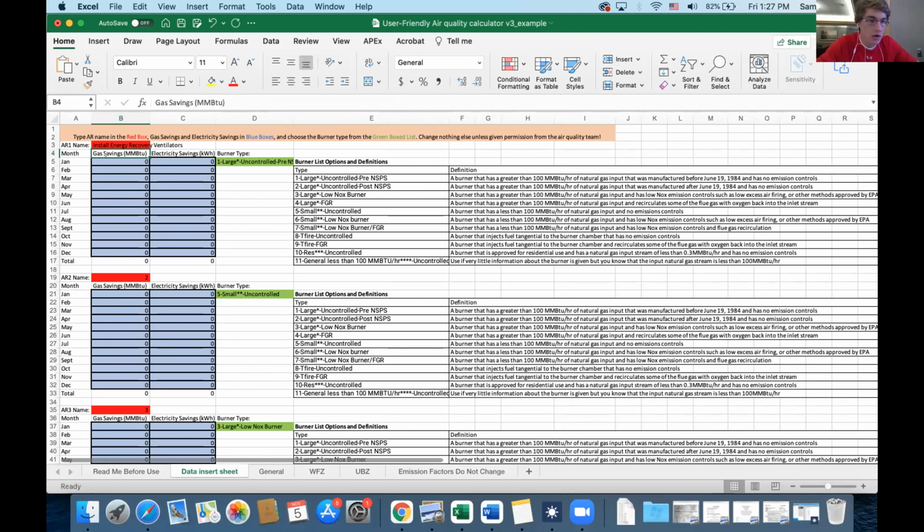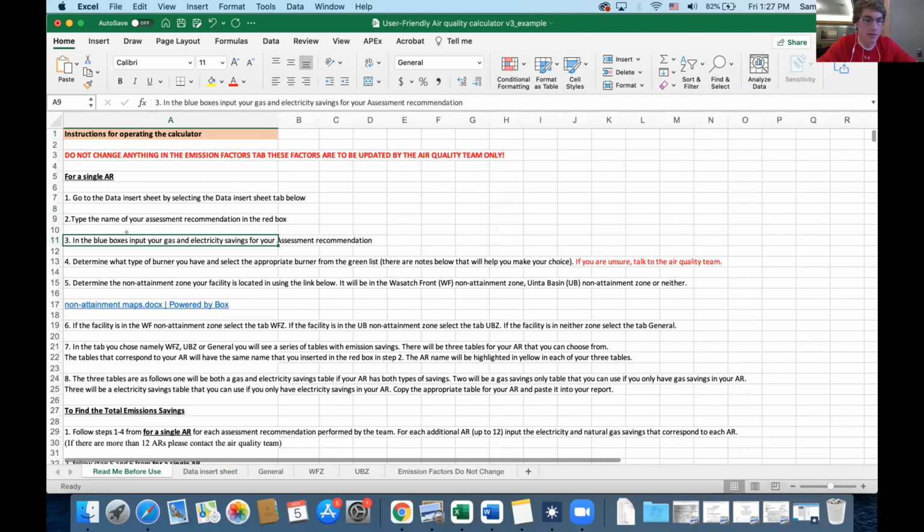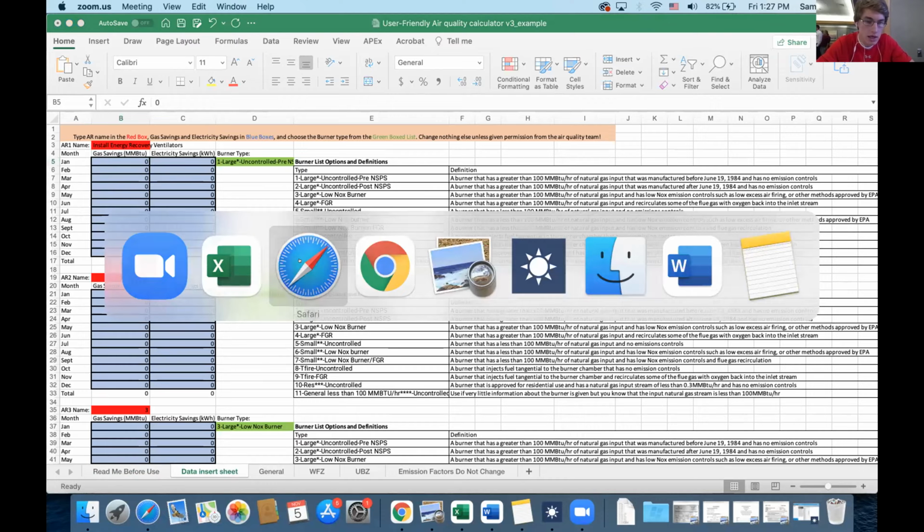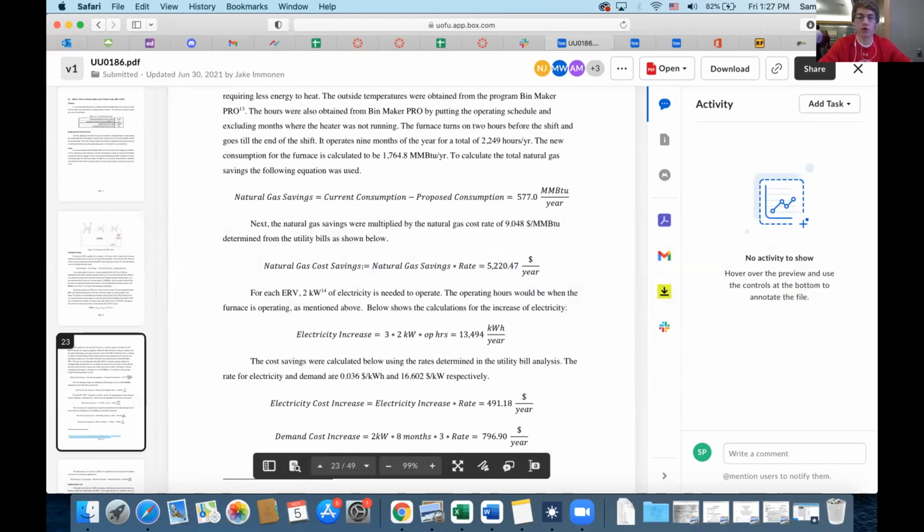Okay, so we've named our AR. The next step is going to be to put our savings in the blue boxes. And so this is going to be our gas and electricity savings. In this case, we're going to have both gas and electricity savings, except the electricity will be negative because it's costing electricity. And another interesting thing, this one's going to be winter savings because the furnace runs in the